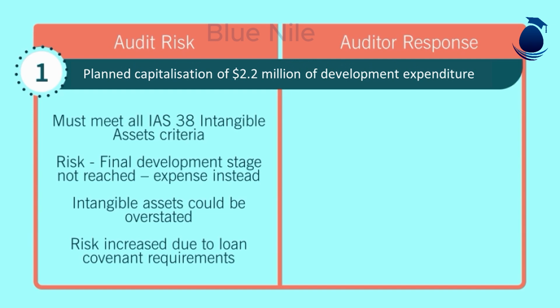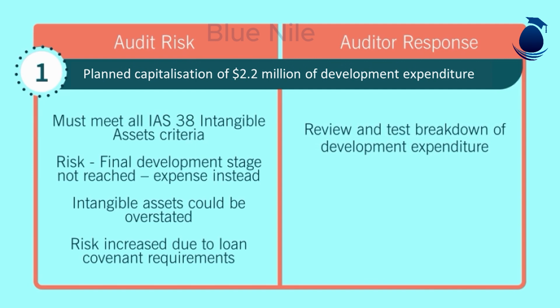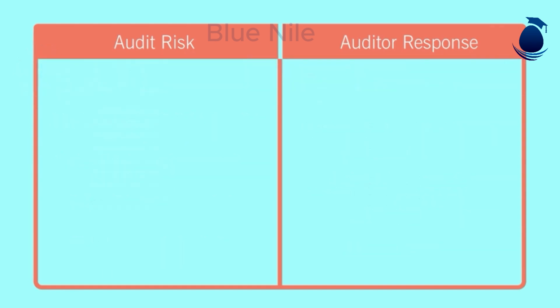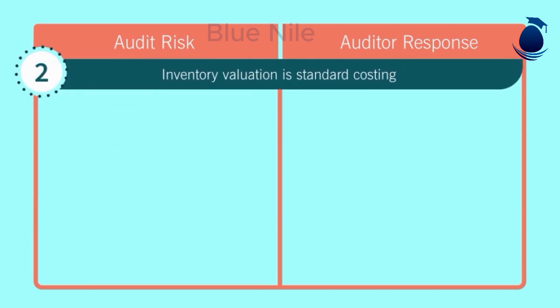The auditor's response to this identified risk is that a breakdown of the development expenditure should be reviewed and tested in detail to ensure that only projects which meet the capitalization criteria are included as an intangible asset, with the balance being expensed. The next audit risk identified is that the inventory valuation method used by the company is standard